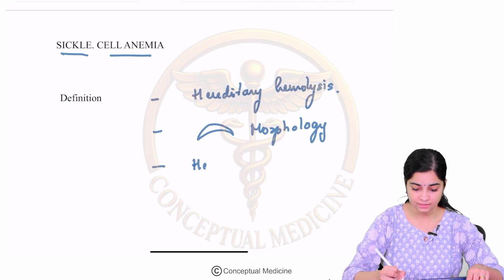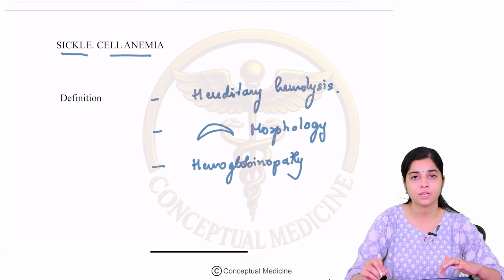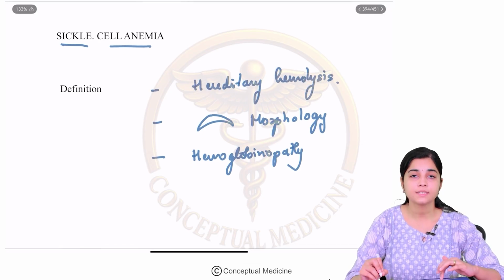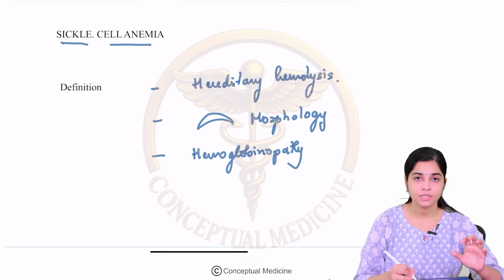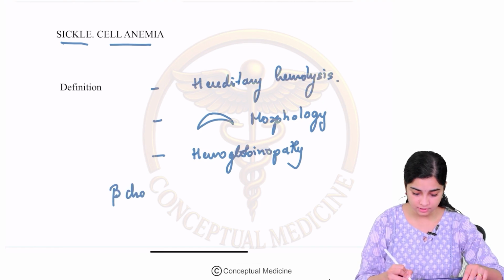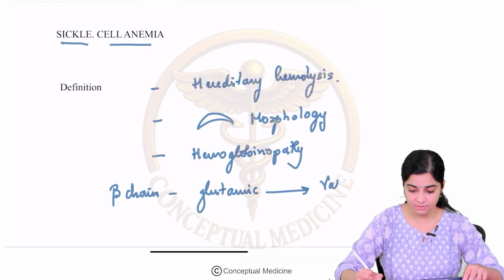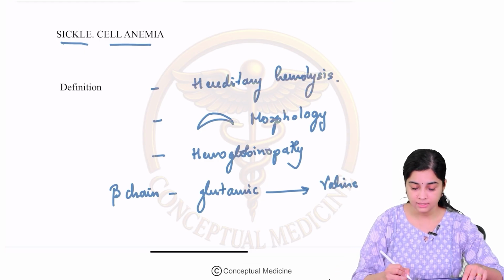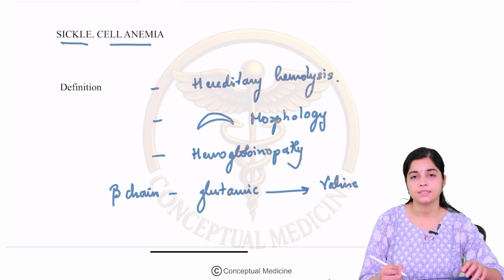And this is again a hemoglobinopathy. So there is a disorder with the hemoglobin structure, right? So what is the defect in sickle cell anemia? This occurs due to a mutation in the beta chain of the hemoglobin, where glutamic acid is substituted by valine. Glutamic acid is substituted by the amino acid valine in the beta chain of the hemoglobin, resulting in this characteristic